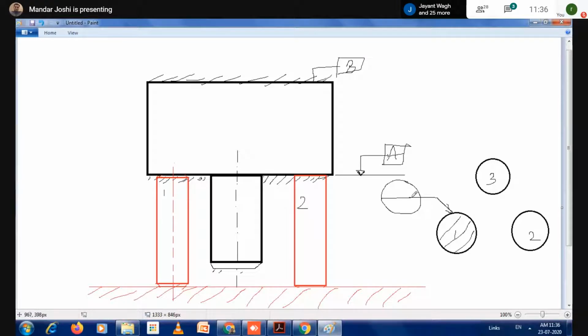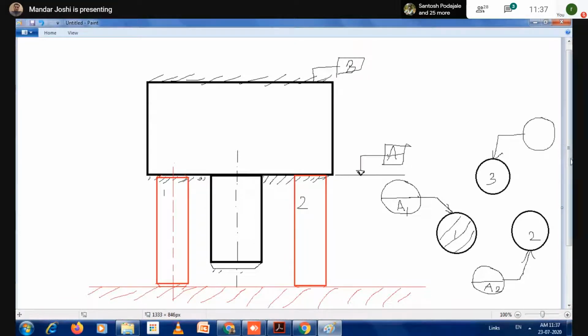In that balloon, divide the balloon into two parts. And here you have to write A1 because this is pin number 1. Then this is the arrow. Then divide this. This is A2. And here you have to write A3. So in your drawing, you have to indicate such datum targets.